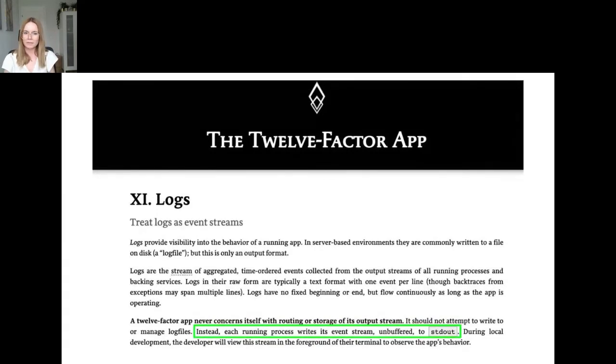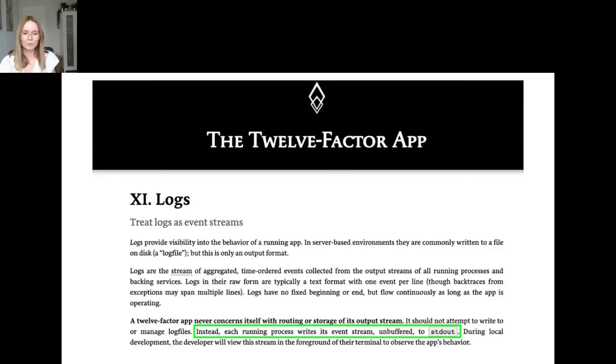We can find in the 12 factor methodology, which is methodology for building software as a service application, that having logs on standard output is important, and there is a dedicated section about logs, and we can find in the section